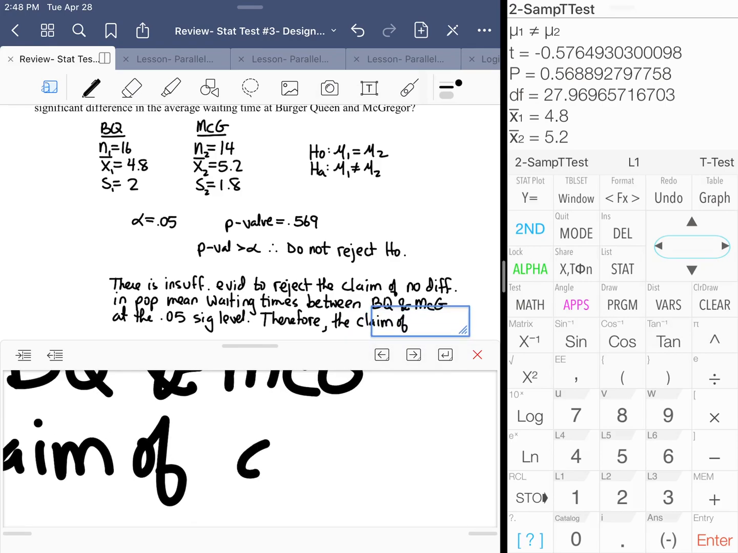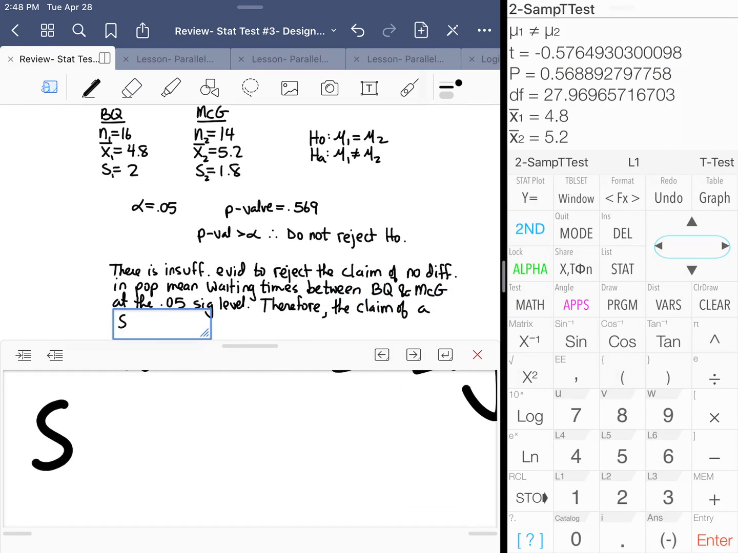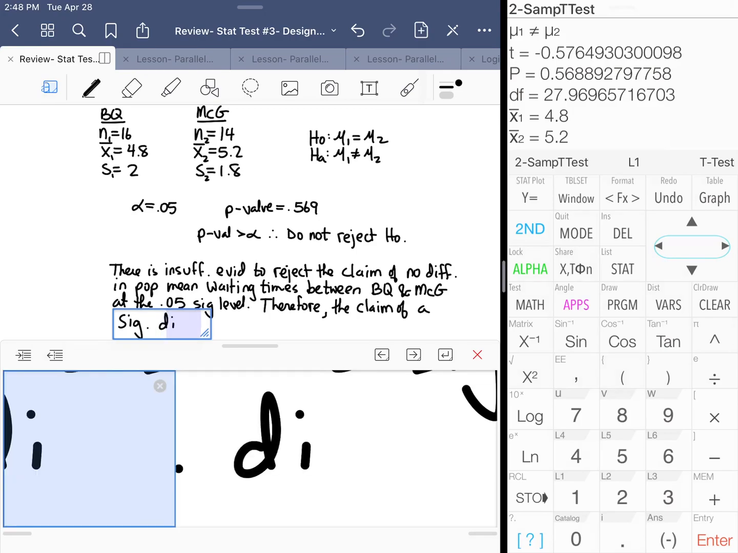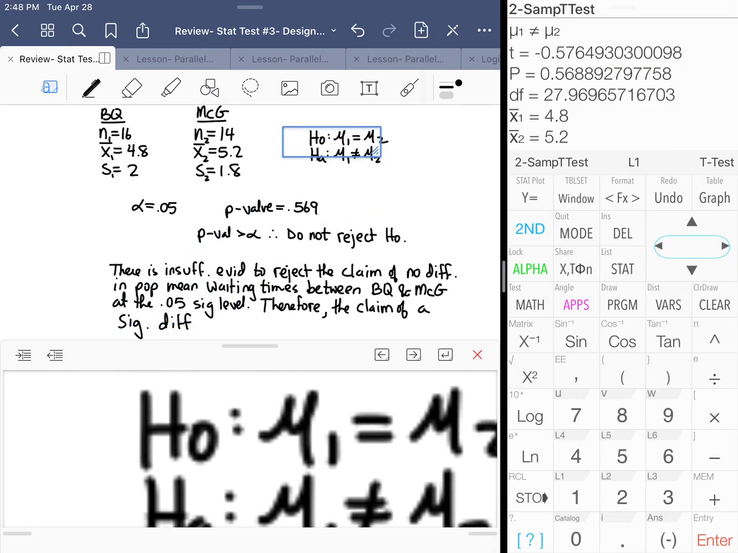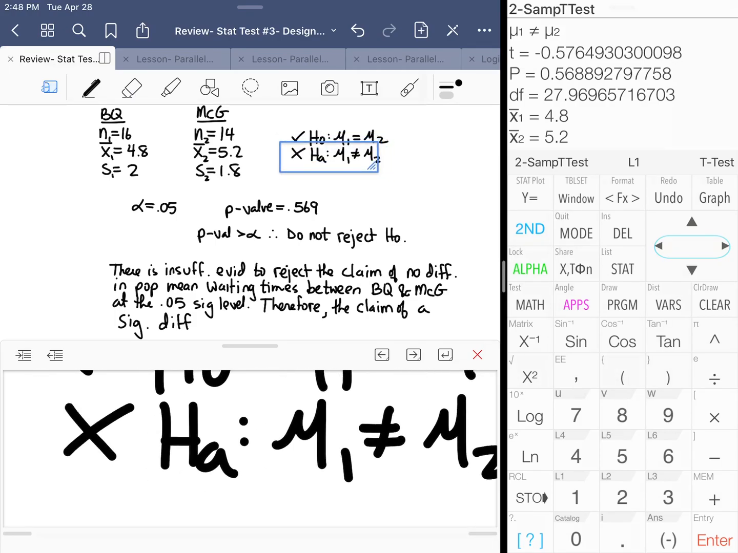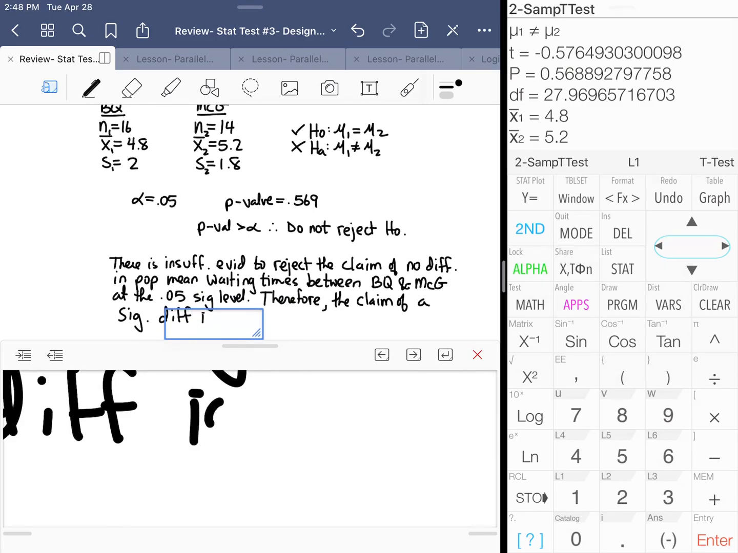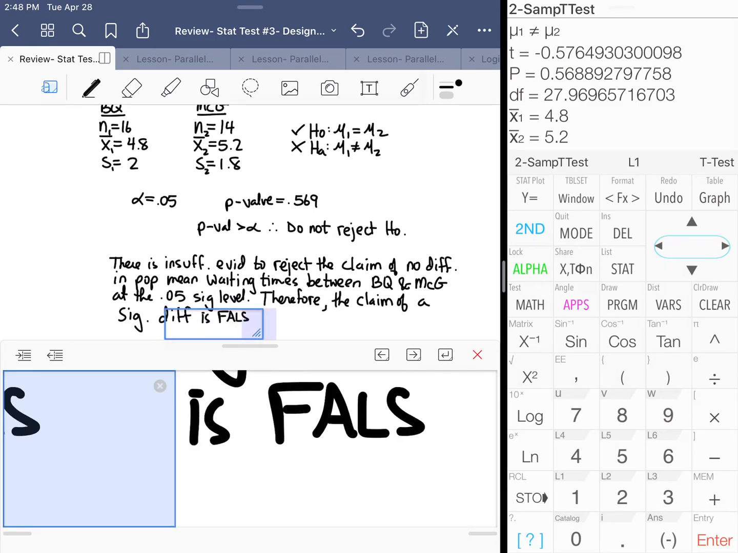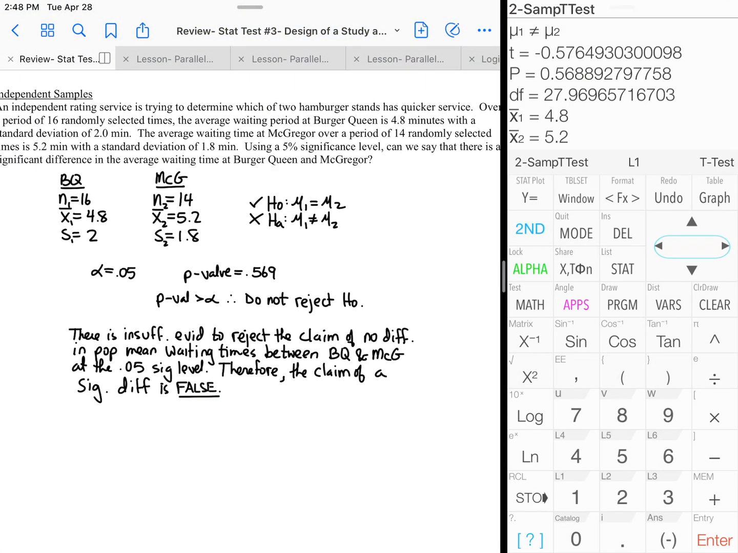Therefore, the claim of a significant difference, which seems redundant, has insufficient evidence to reject the claim of no significant difference, so we're keeping that one, which means significant difference has to be false. All right, so insufficient evidence to reject the claim of no difference in population mean waiting